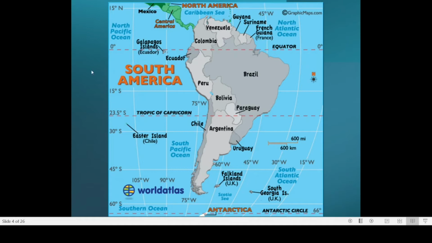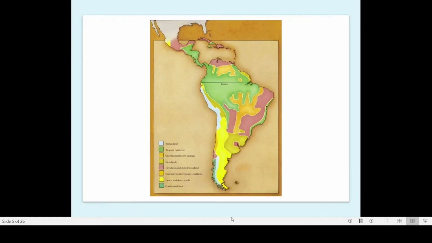These are the various regions which are included in the tropical region. If you look at South America, most of South America comes under the tropical region, and the southern portion of South America comes under the temperate region. Now, the next important feature of South America